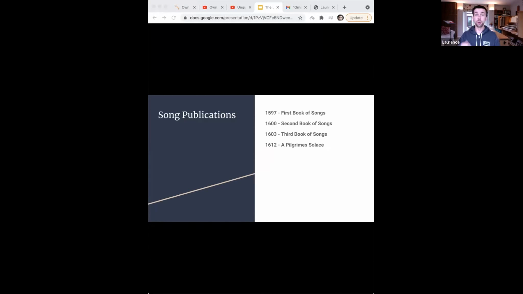And then, of course, the 8-course lute developed into the theorbo eventually, which are those very, very long Baroque instruments. I don't have any pictures today, but I'll leave you to think about that. Good, so those are the Book of Songs, and the one I'm going to focus on today is the first